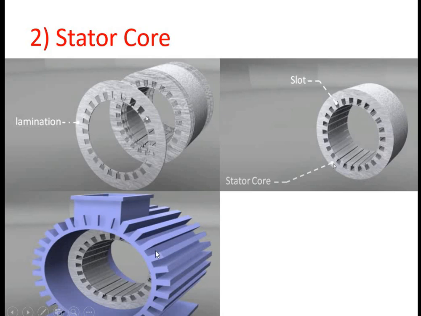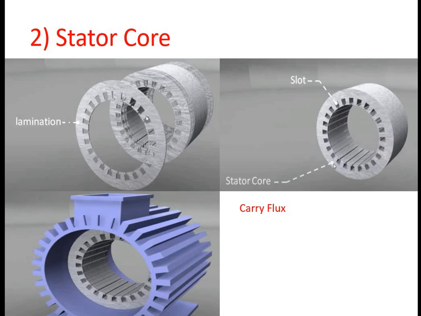This is the stator frame we have seen in the previous slide, and after making the complete structure of the stator core, we are going to house it inside the stator frame. The main purpose of having such a stator core with all this silicon steel material and lamination is to carry alternating flux, and it usually has slots on its inner periphery. The purpose of the slots is to carry windings.